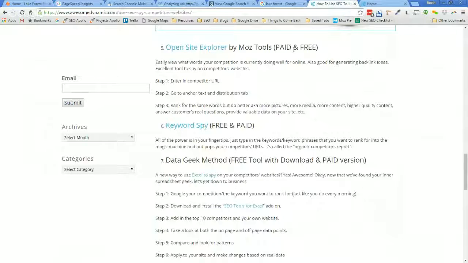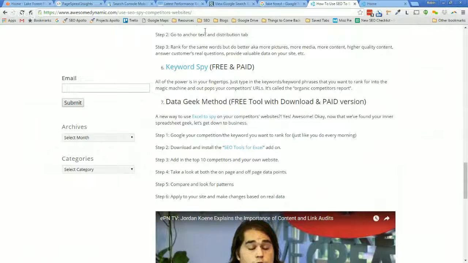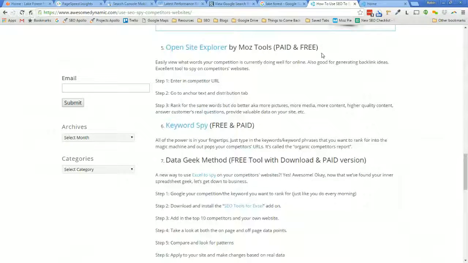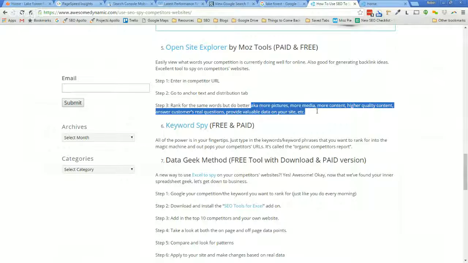Open Site Explorer by Moz Tools. This is one where you can just simply copy and paste your competitor URL into this Moz Tools. And there's a free intro version, which is okay, but to get the full effect, you really want to use the paid version. And then you can see all of their anchor text. It's not going to give you the full version because it's the free one, or it might limit you on how many websites you can run. But yeah, it will tell you how to rank for that content, and if you want to have more pictures, higher quality content, you can put customers' real questions, or it can provide valuable data